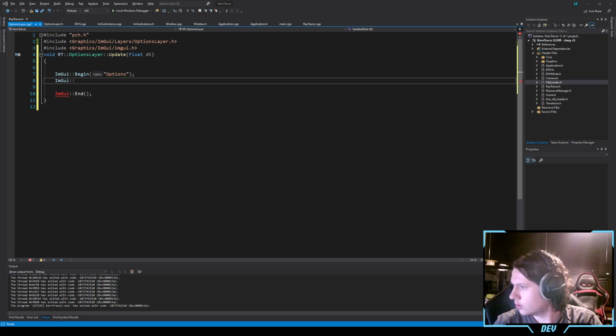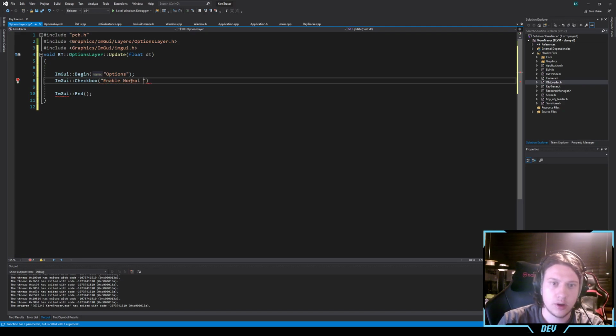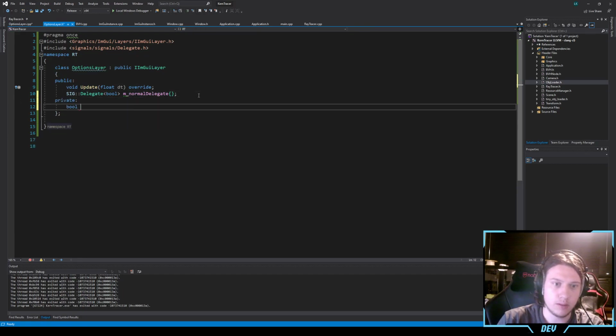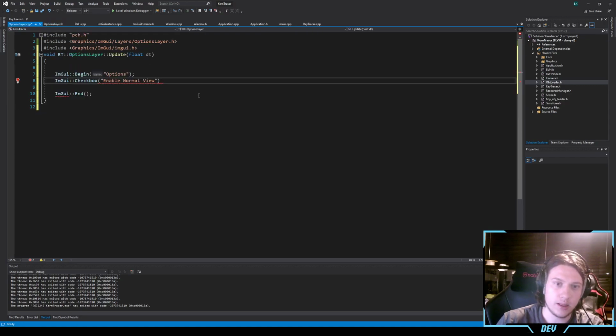How do I do a toggle button? A checkbox, okay. Checkbox, enable normals. Enable normal view, right? And this is a private bool, I'm not sure normals. And that is I'm not sure normals. And I think, and then if this,